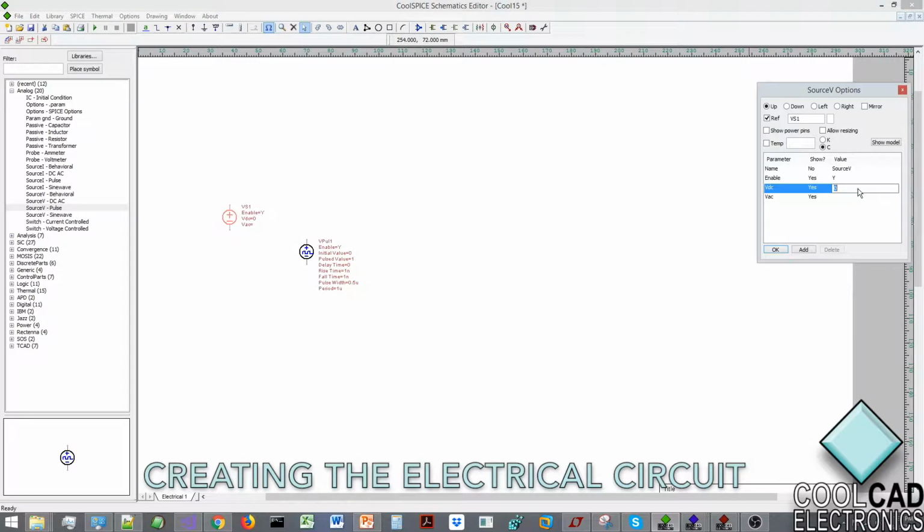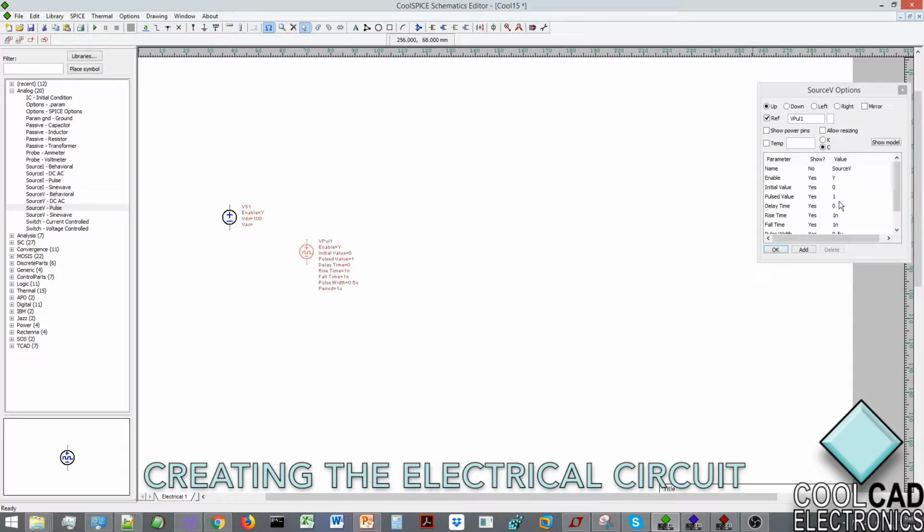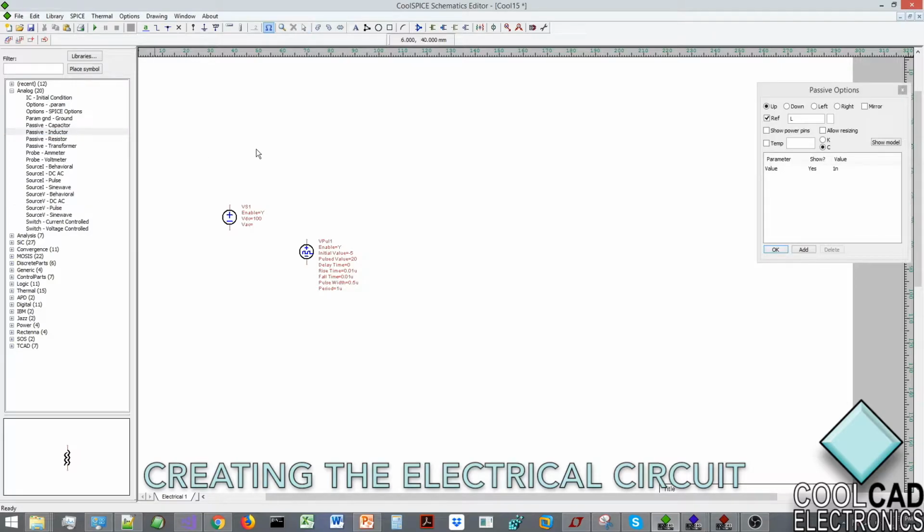Now to add the values, we're going to make this one's VDC 100, and for the pulse, its initial value will be -5, its pulse value will be 20, its rise time will be 0.01 U, and same as its fall time. So we can also find an inductor up here and put that there, give it a value of 25 U,